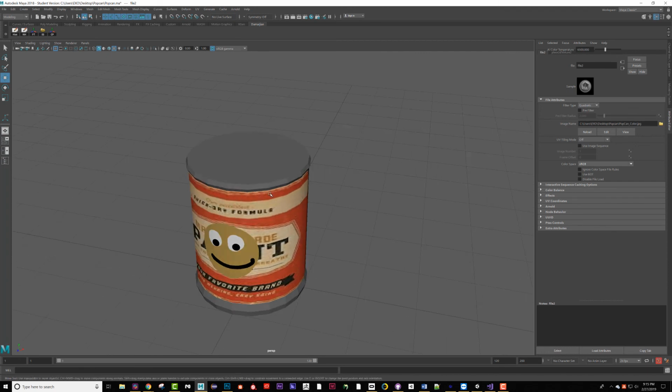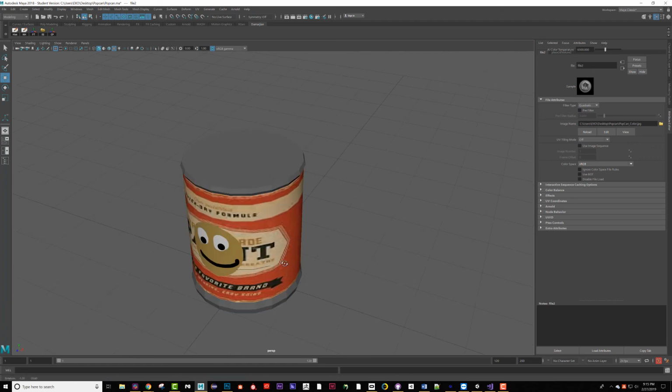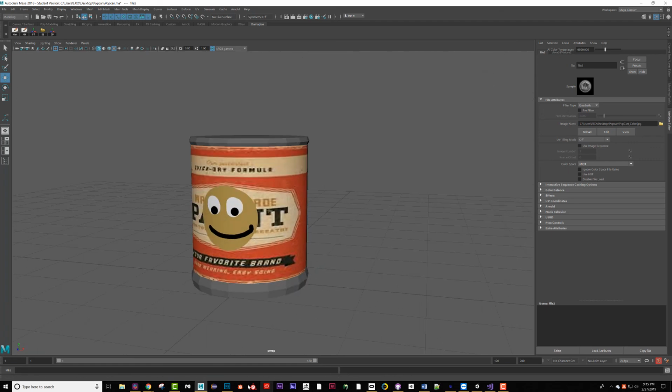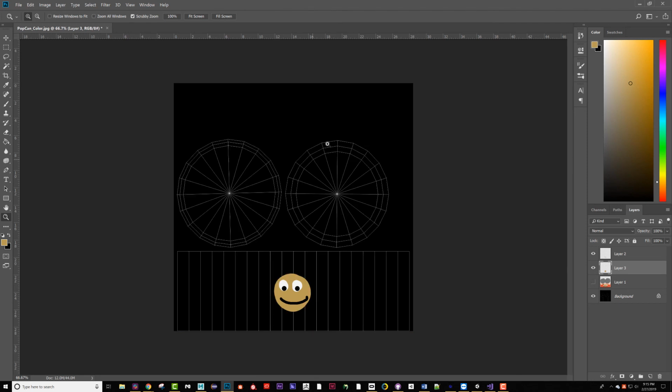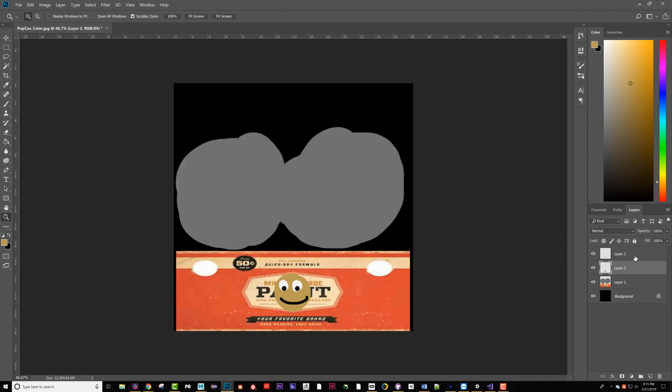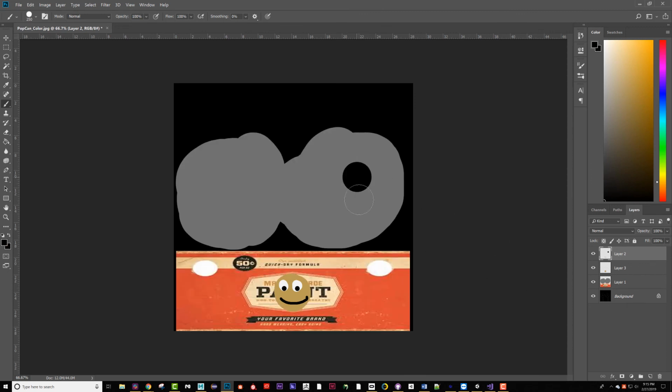So if I want to add maybe a little label, like a little hole where the top of the pop can goes, I can go back into Photoshop and hide this for a second just so I can see it. And maybe go up here to where my face is, because remember it's on layers here. Hit B and maybe grab a black dot. Let me hide that one more time so it's somewhere in there. So I'll add that black dot for where my can is, hit Control S,